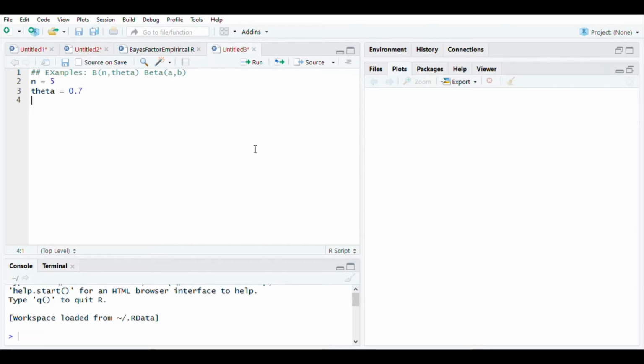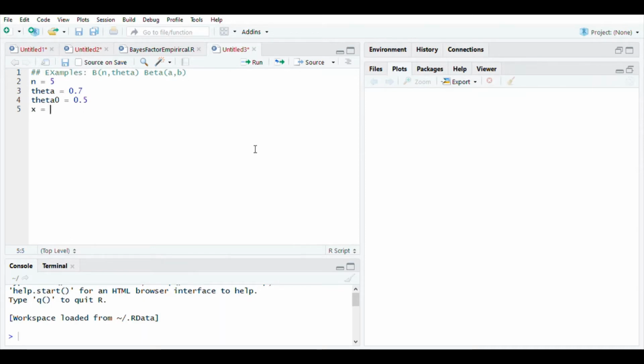Now theta naught also we need to decide. Because H naught is theta less than or equal to theta naught, suppose we take theta naught to be equal to 0.5. So clearly here we have a situation where theta is greater than theta naught, which means we will be sampling from a distribution where H naught is not true. So what we expect is the Bayes factor in favor of H naught should not give us large values, it should give us small values. So let us see what we get.